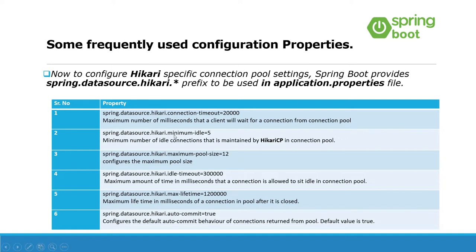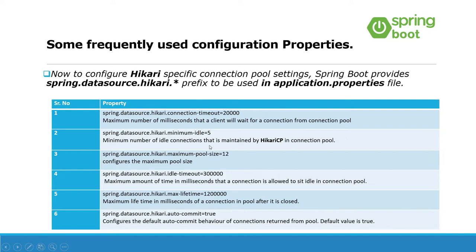Now let's talk about the next property, something called minimum idle, which I have given as 5. Guys, you need to set this property as per your application requirement; here I randomly specified the value as 5. What is the minimum idle? Look at the explanation: the minimum number of idle connections that is maintained in the Hikari connection pool. Even if your application does not get any request from the client, your Hikari connection pool is going to maintain at least 5 connections in the pool.